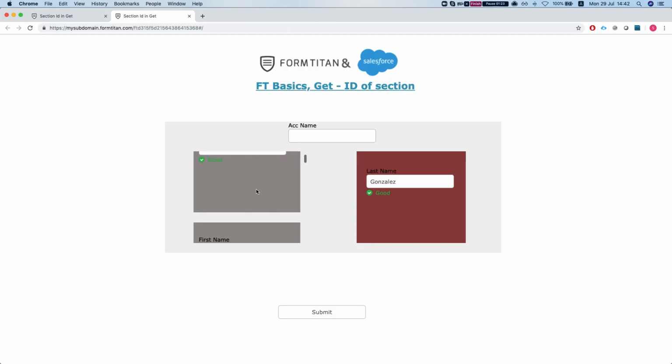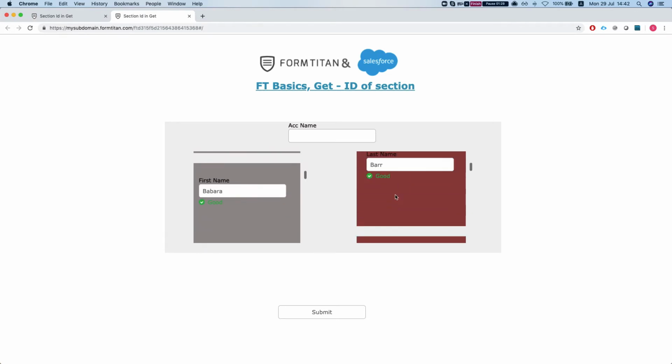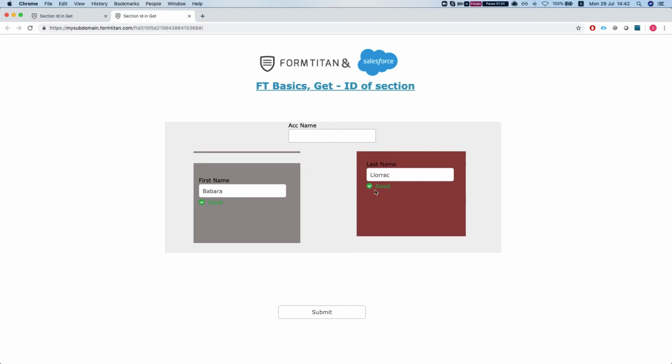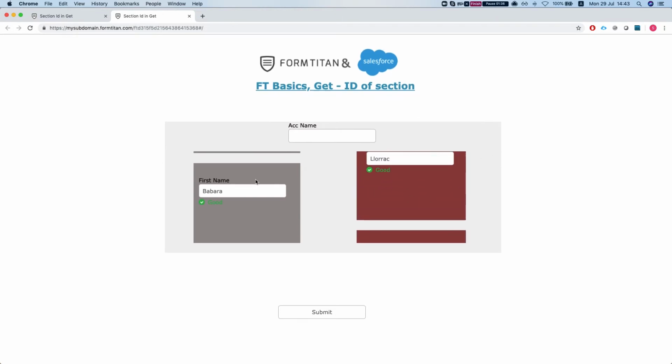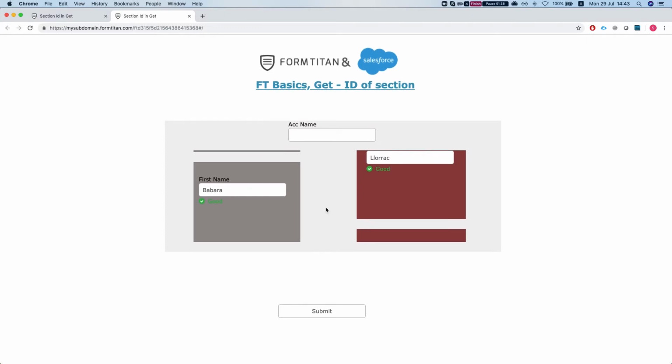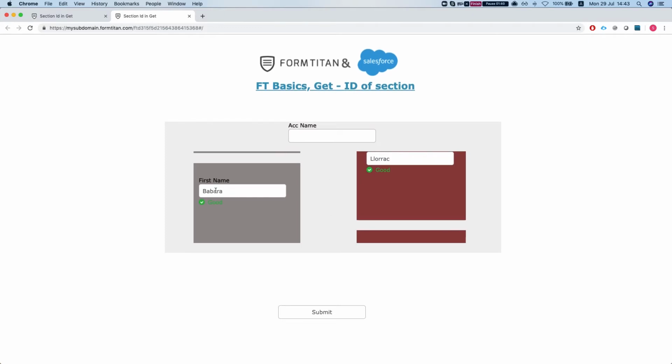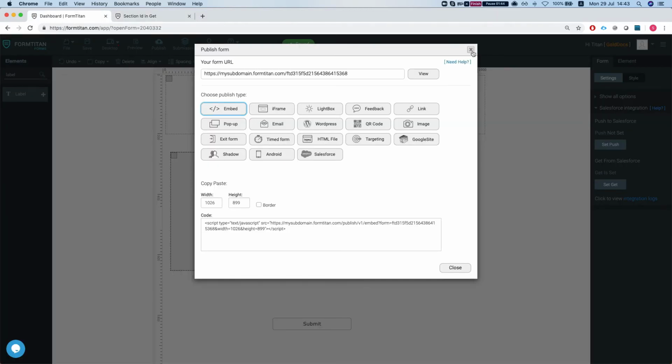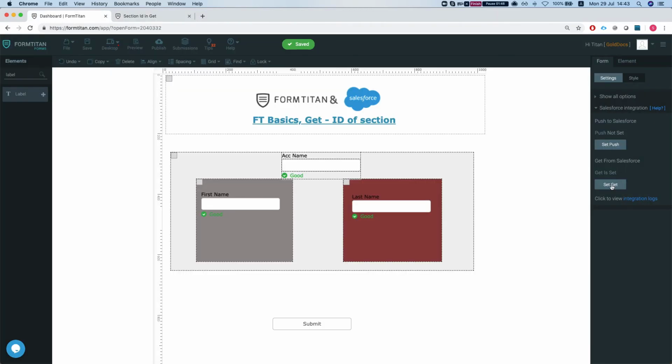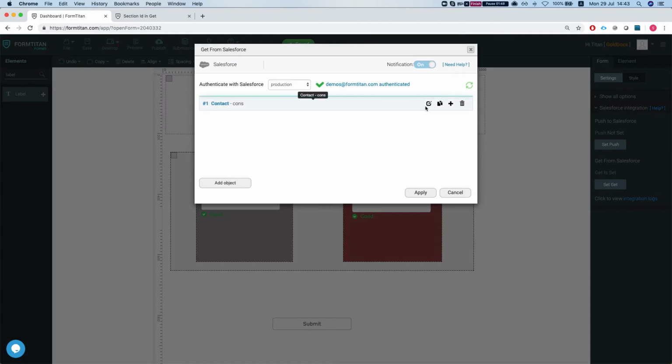And now watch what happened here. It repeated the individual sections. So we have all the last names repeated within the sections and now in the main section. What we wanted to get here is the main section to be repeated many times for each contact that we have. So in order to solve this, what we need to do is to go to our Get settings,